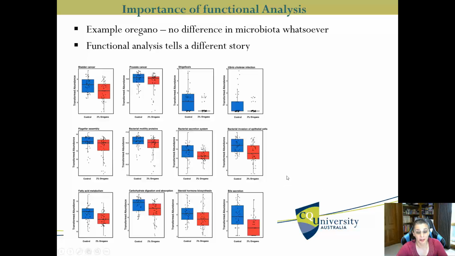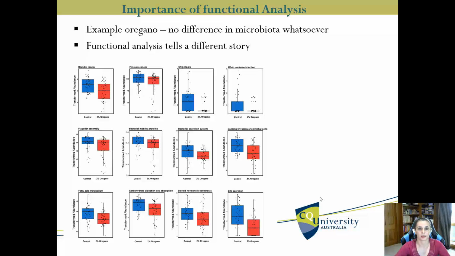This is what we want. We don't want it to knock off and explode the microbial community. We want these targeted functional differences. And this is why function is important. Fatty acid metabolism, okay, it came at a cost, yeah. It controls pathogens, but it reduces digestibility of fatty acids and carbohydrates, reduces steroid hormone biosynthesis, and reduces bile secretion based on function. Now, this is what is happening in genes in bacterial communities in the gut of these chickens